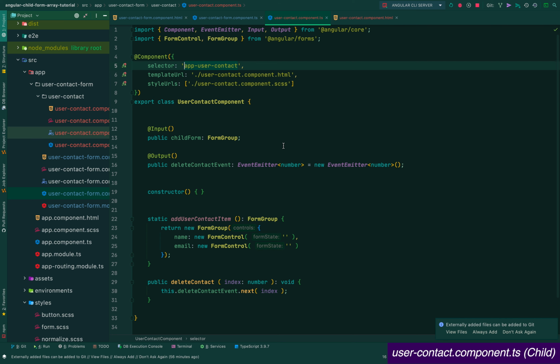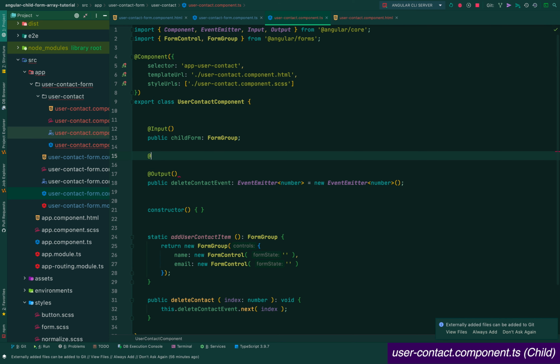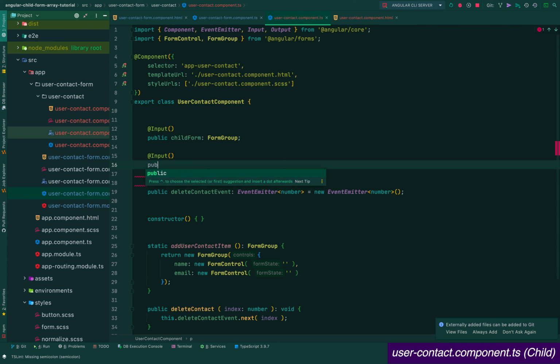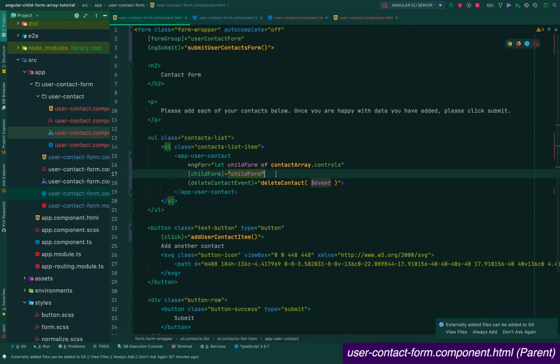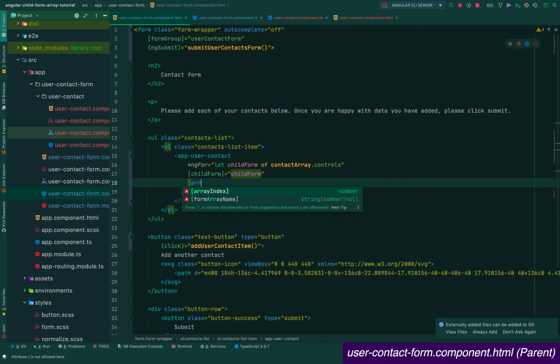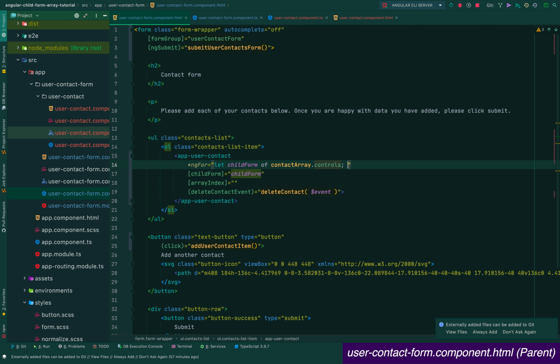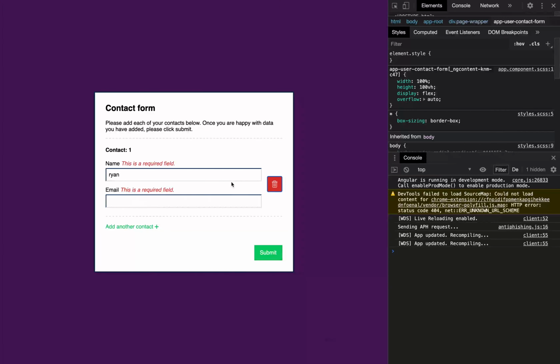So what we need to do is once again pass in a value. And this time it's array index, and this is going to be of type number. We want to add this to here. We then want to jump across to our parent component template, and we're going to need to pass in the index here. So it's array index, and there's a built-in way that we can get an index here. If we go up to the ngFor and we go let i equal index, and then here we just pass i in. We save this, we can jump across to here, and now when we add these, we can also remove them,